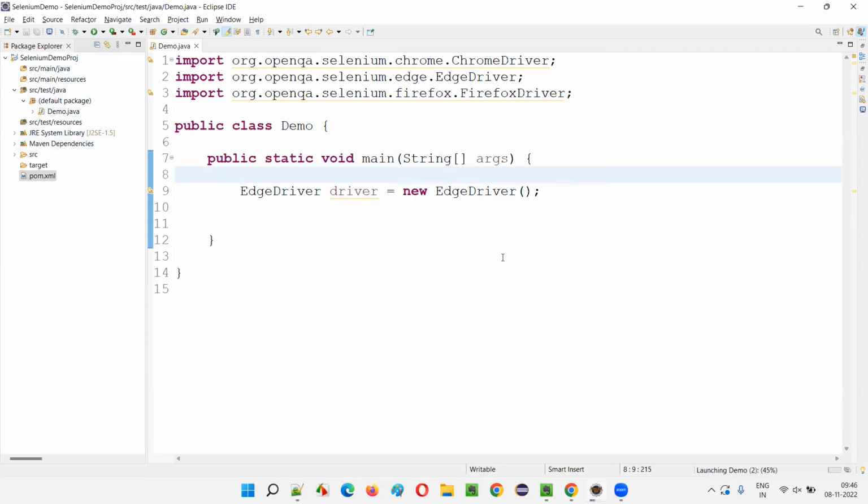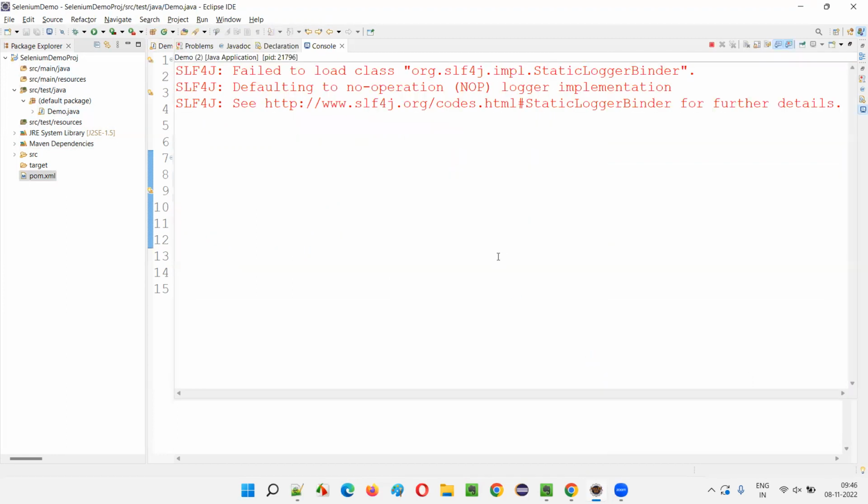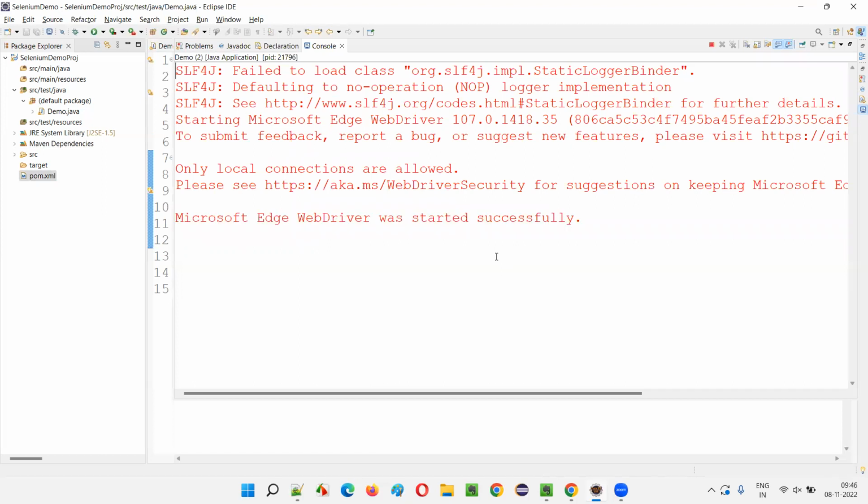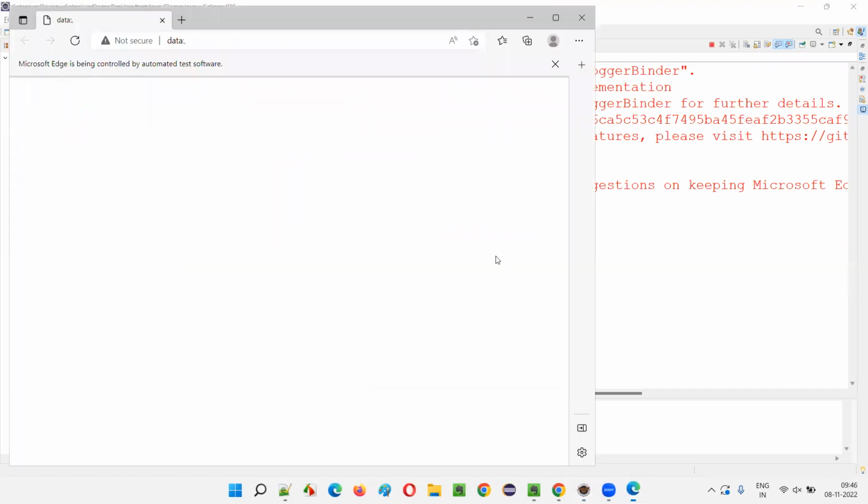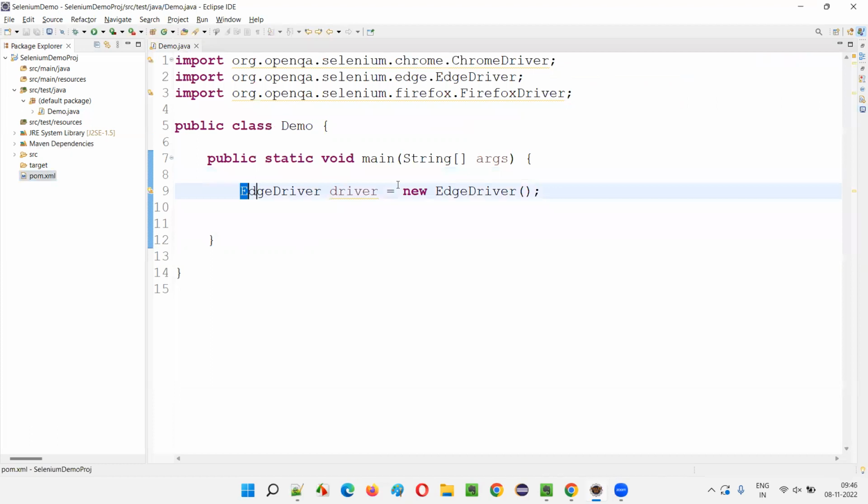Okay, so let's run this code, and if the Edge browser is launching, we are good. We don't need WebDriver manager or managing the driver executable files. Done. Now, guys,